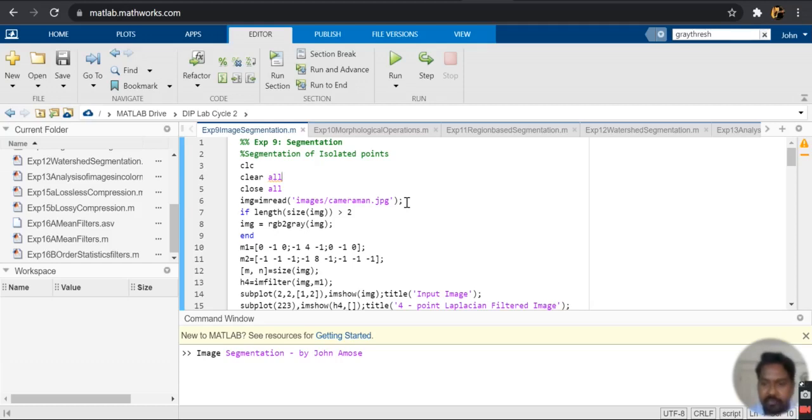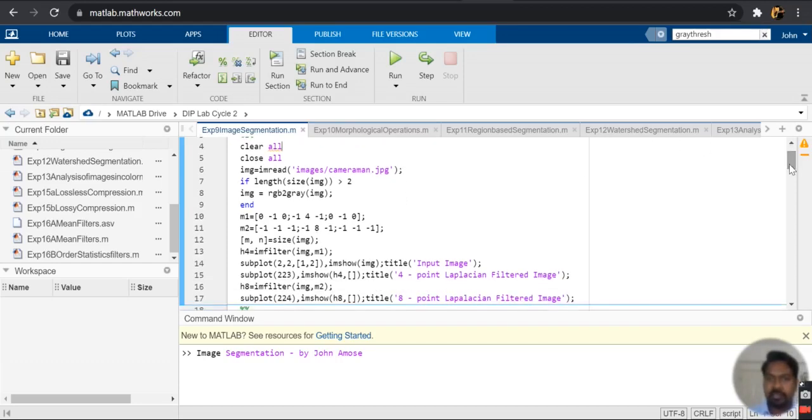So for the sake of our experiment, we convert the color image to a grayscale image. We do not know what kind of image can come as an input. In case it's a color image, it gets converted to gray. If it is not, it will take the same value. Right? So here we are defining two masks.